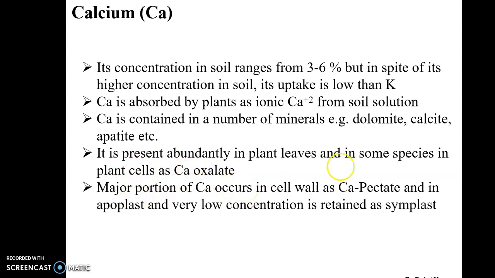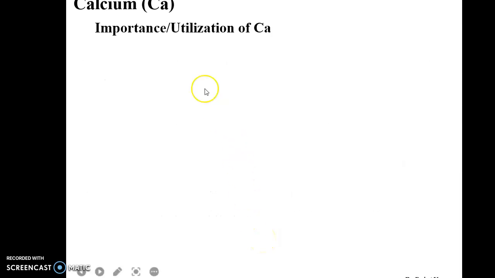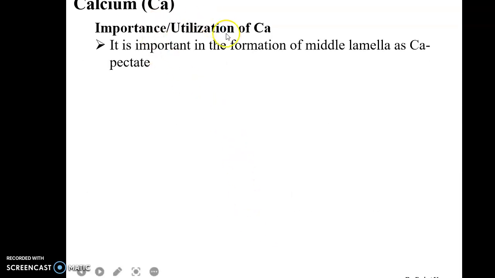The major portion of calcium occurs in the cell wall as calcium pectate and in the apoplast, and a very low concentration is retained as symplast. Calcium is basically immobile in plants, that's why its deficiency symptoms first of all appear in the younger portions of the plant. If we talk about its importance and utilization within the plant, then it is very important